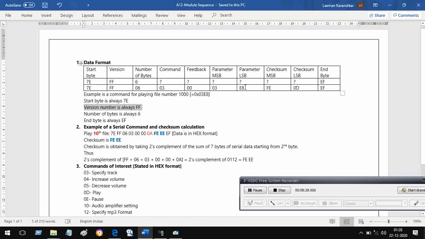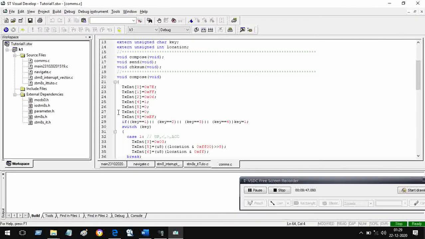And the parameter here for this command, the parameter means the address. In this case, it was 03E8. Then the checksum, and this byte is also fixed. So while assembling these 10 bytes, we first put those things that are fixed. Hence here tx.0 is 7e fixed, ff fixed, 06 fixed, and I may always need a query, the response from the MP3 module, and then the last one is ef.